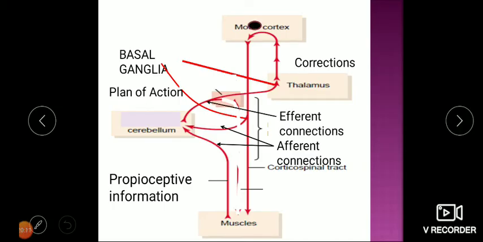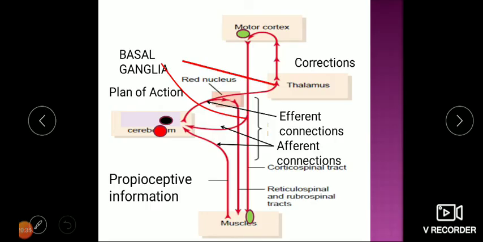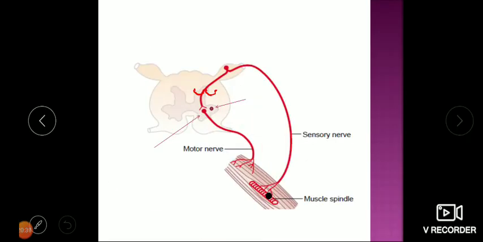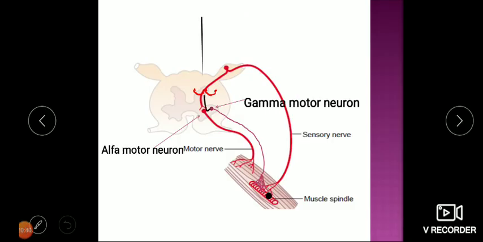So basically plan of action coming from cortex going to cerebellum. Cerebellum receiving a copy of the current body position from proprioceptors. It will now send necessary corrections to thalamus to cerebral cortex. From here it will come down for execution, and now muscle tone will modify accordingly. So it plays a very important role in correction of muscle contraction. Ultimately everything is coming down on our alpha motor neuron and gamma motor neuron, and this will change the rate, force and rhythm of muscle contraction.